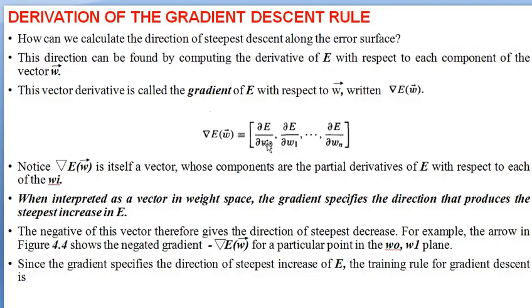The meaning is to calculate the error for each of the weight values. All these together are called the error vector value for W1. This is the formula, and the direction can be found by computing the derivative of E. That is the weight vector, and this arrow indicates it is a vector quantity: value will be there as well as direction.